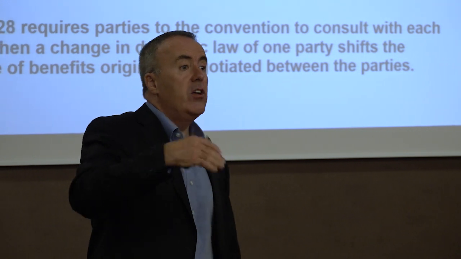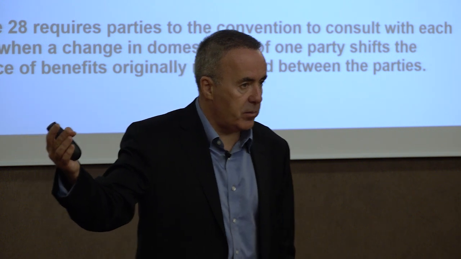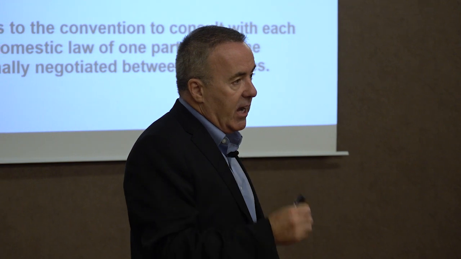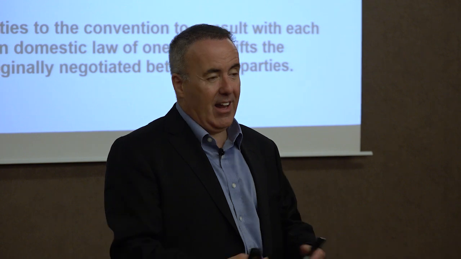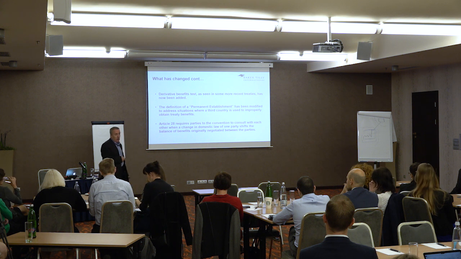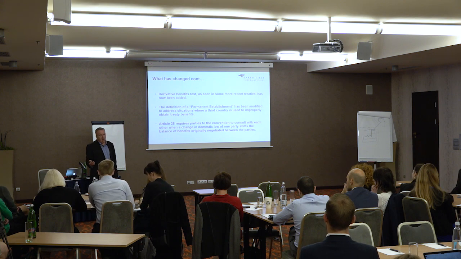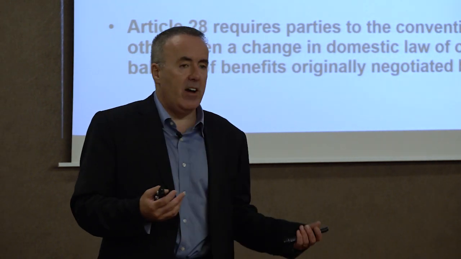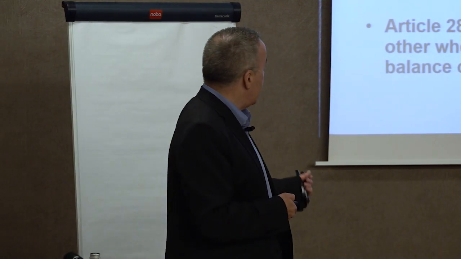It's possible to actually undo the work of those, my old boss who used to go to exotic places to negotiate double tax treaties. It's possible to undo the work of those people by making a change to domestic law, which actually the effect of that can be that it negates whatever the double tax treaty says. The US model convention includes a requirement that if you do change the law in a way that's going to affect the operation of the double tax treaty, you've got to speak to each other, yeah? So that's an important requirement.